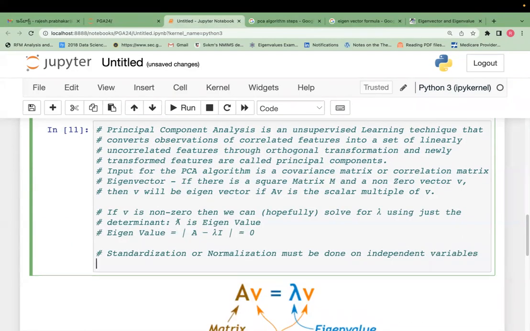Standardization or normalization must be done on independent variables before implementing